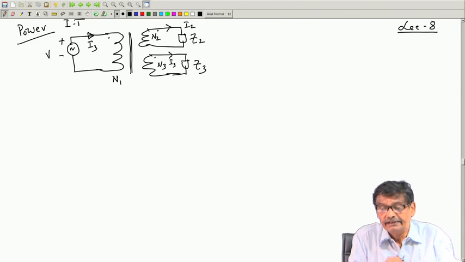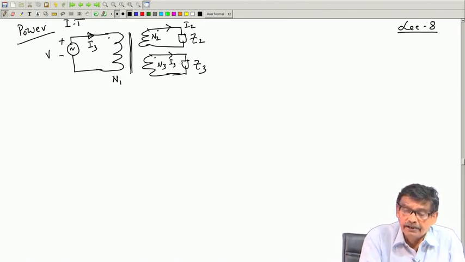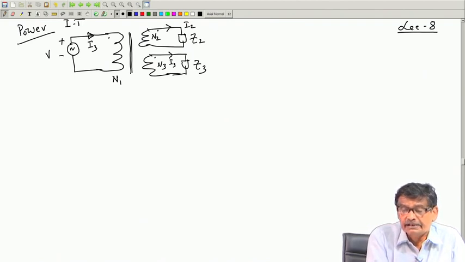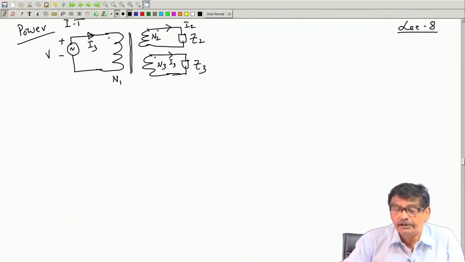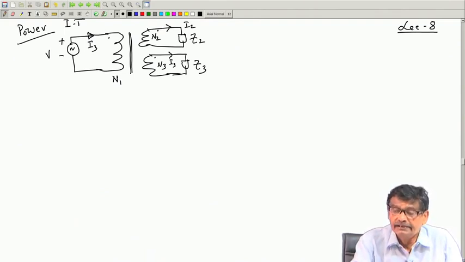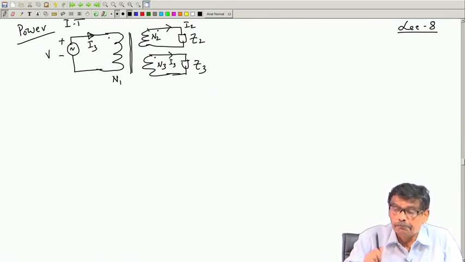Now, in this case I can also do it in this way. See, at these 2 points I have injected power into the circuit. There is no other source which is pumping power into the circuit, and these are the sinks, 2 loads consuming power on the secondary side. Therefore, the power drawn from the supply must balance the sum of the powers given to Z 2 and Z 3. That is the very simple way of looking at it.